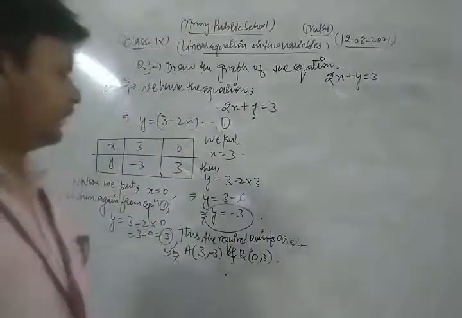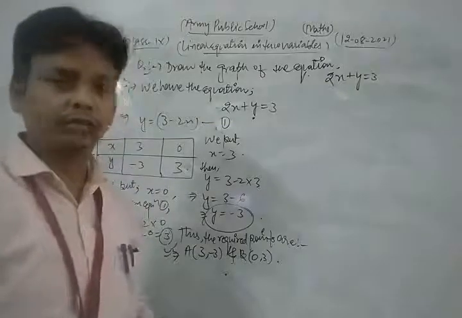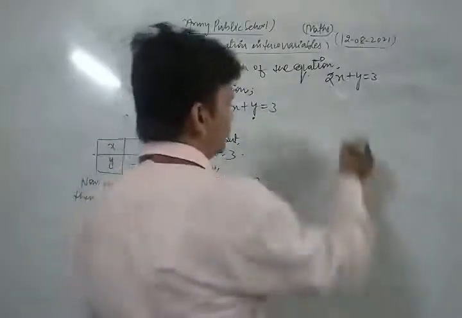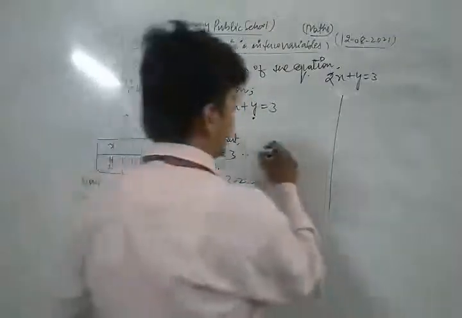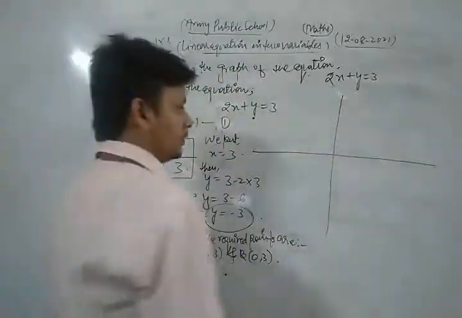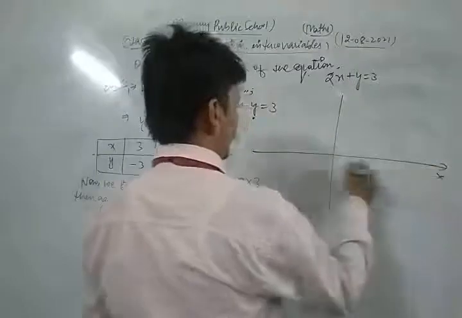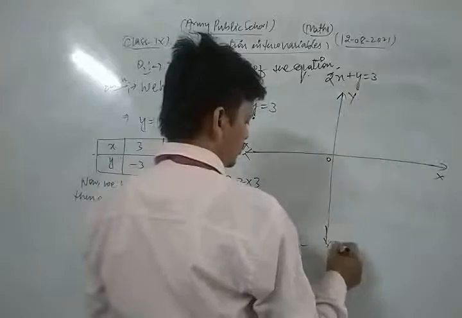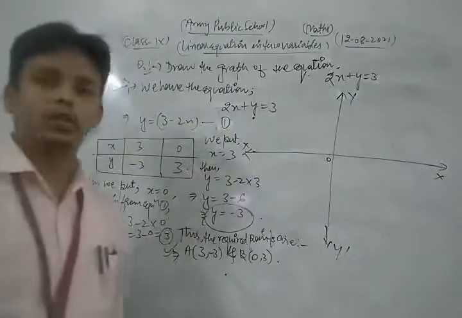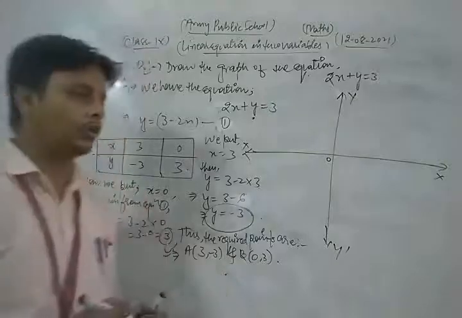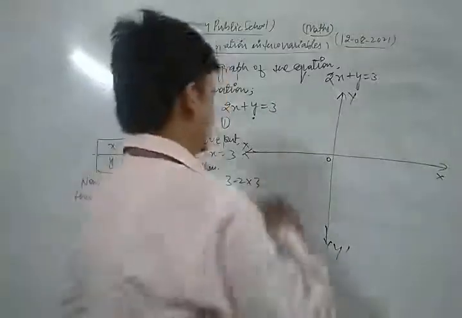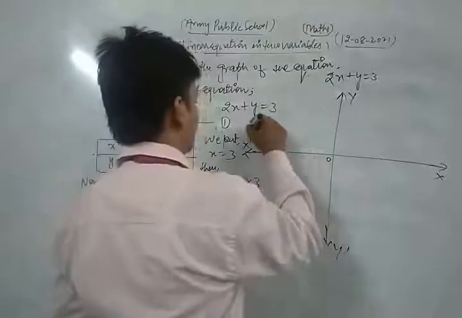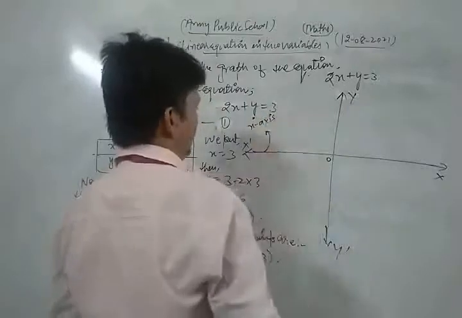Now you know that we plot these points on the graph. So first of all, we draw the graph on the graph paper. On the graph paper, you first draw two mutually perpendicular lines as XOX' and YOY' respectively. The line XOX' is called the x axis.